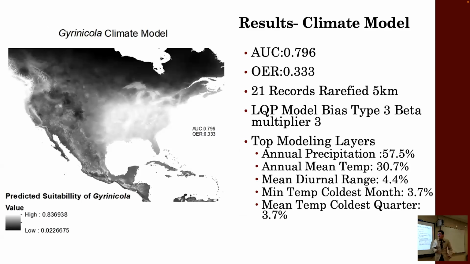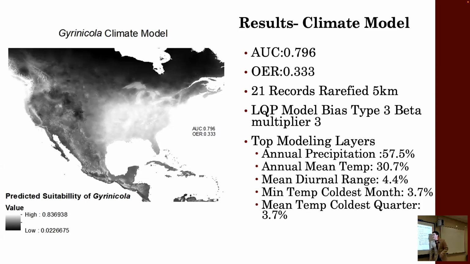The first model was a model that I constructed with that Gyrinicola occurrence data I showed you and the climate layers. So for this, I ran a model using climate and Gyrinicola locations. This model is relatively good in that the AUC is somewhat high and the OER is relatively low. Normally you want an AUC somewhere around 1, but this is a wide distribution, so normally the